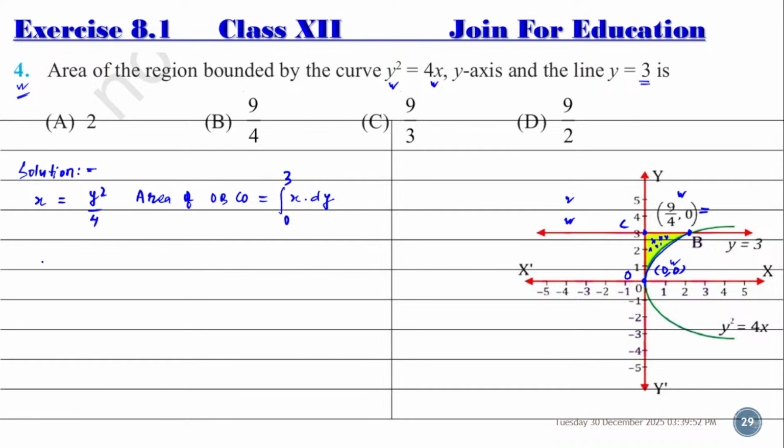So we write down here the value of x is y square by 4 into dy, from 0 to 3. Integration of this part